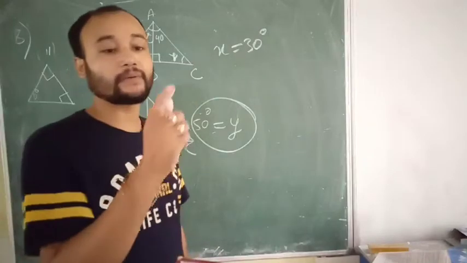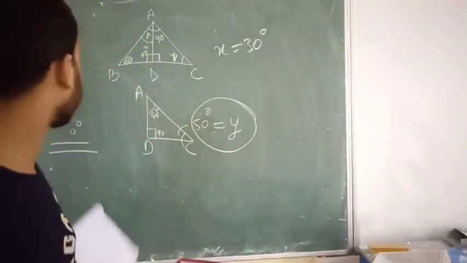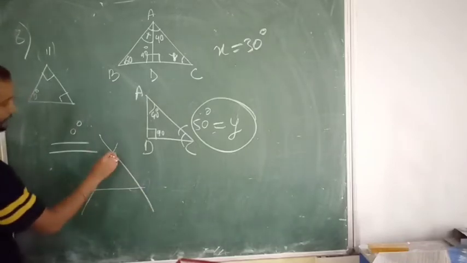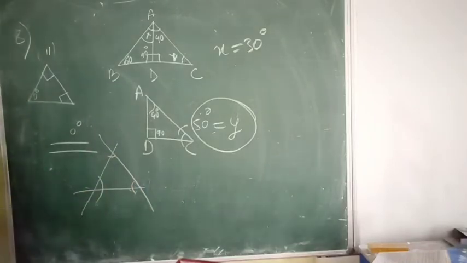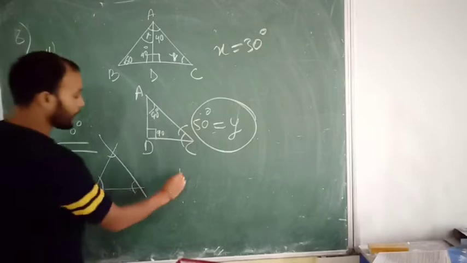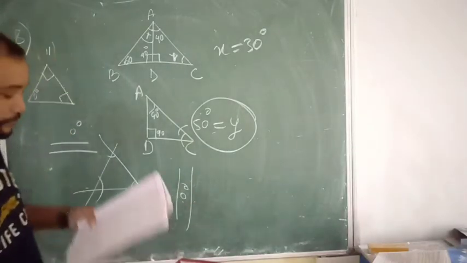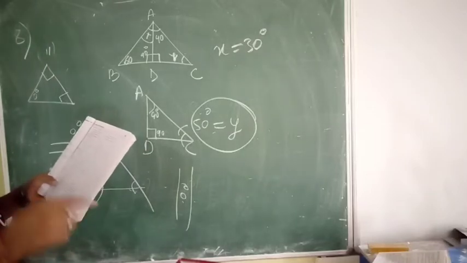An angle is formed when two lines intersect each other. Okay. This was a line, this was a line, this was a line. They are intersecting at angles. That's why angles are formed. 0 degree means this is a line, this is a line, it is not intersecting, so the angle is 0. Second is false.